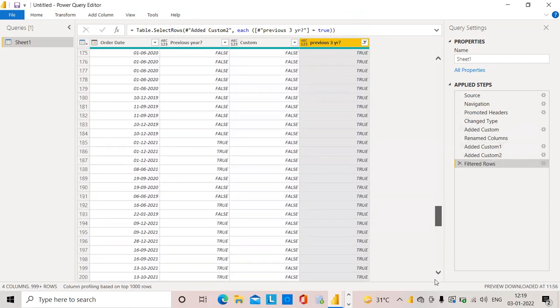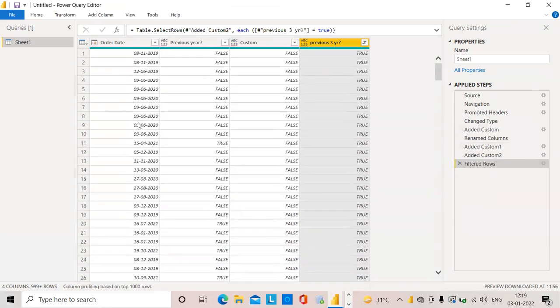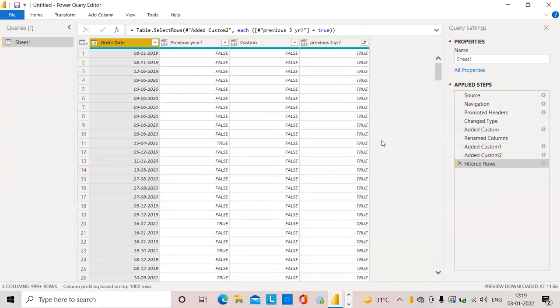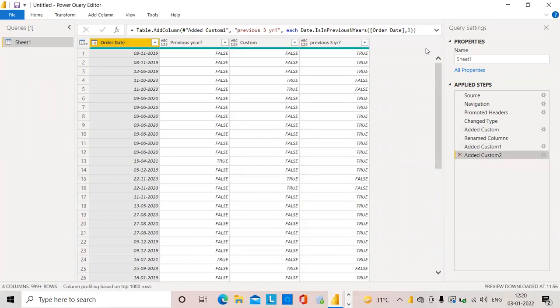These are the previous 3 year data which I am having. If you want to see it here, you can see 19, 20 and 21. These are the previous 3 year data and filter. So I will close this filtering for now and write the next one.